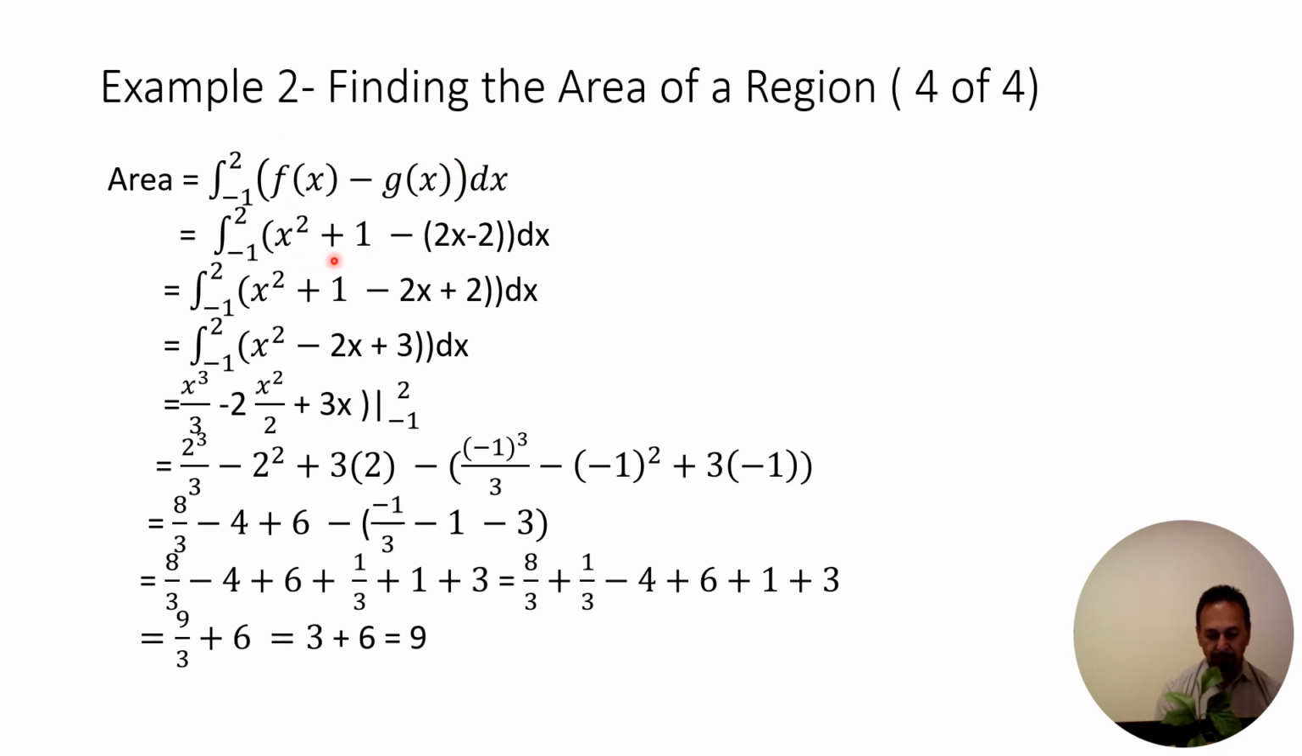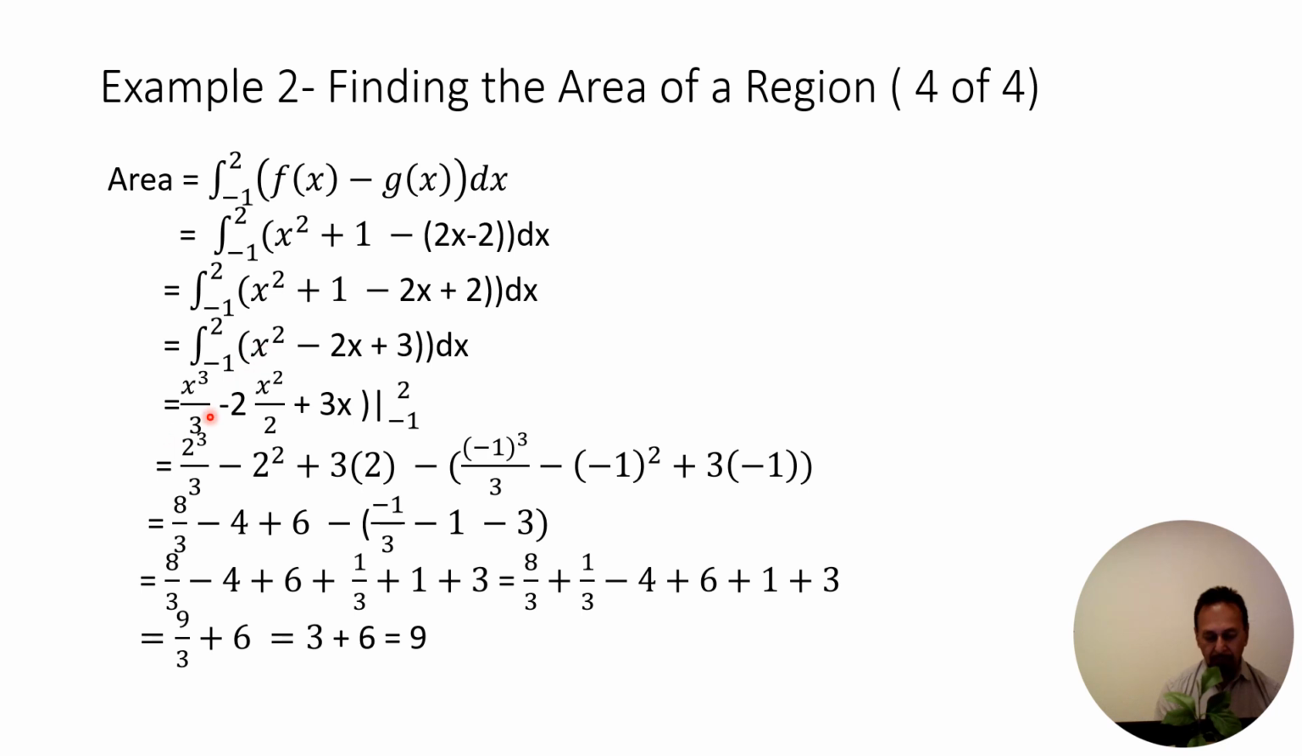The f of x is x squared plus 1, g of x is 2x minus 2. Again, open the parentheses, and remember this negative makes it positive. Now we combine the like terms, and you have x squared minus 2x plus 3. Now we apply the power rule of integration. We integrate, so it becomes x